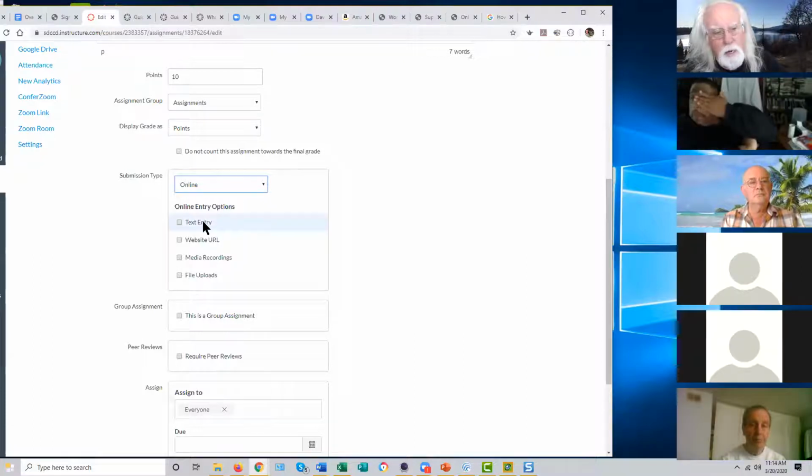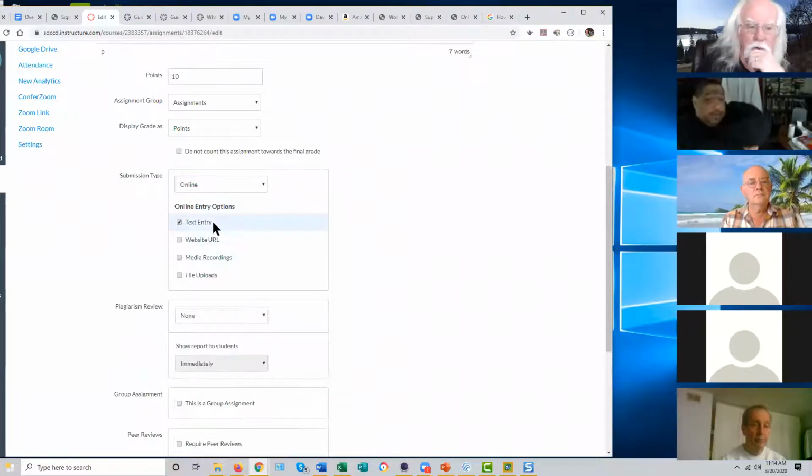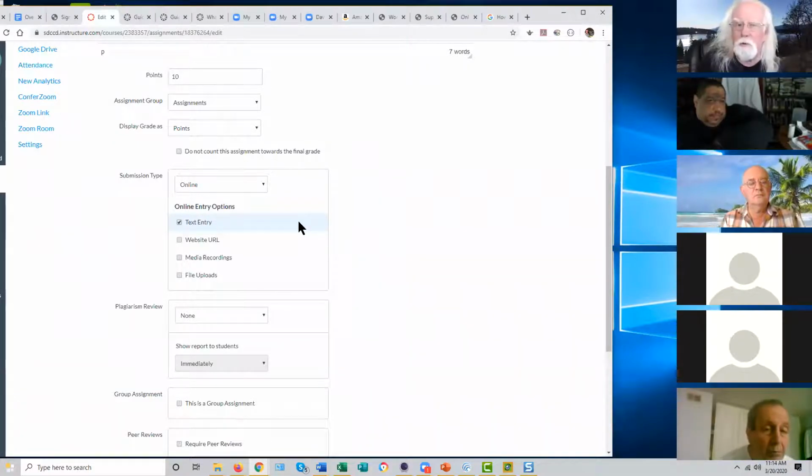So you select that, and there are different ways you can have them submit this online. You can just give them a text box and they can type it in while they're online. If it's just a paragraph or a few sentences, that's a real good viable option. But if it's going to be a more lengthy writing, if they're going to have to write a little more